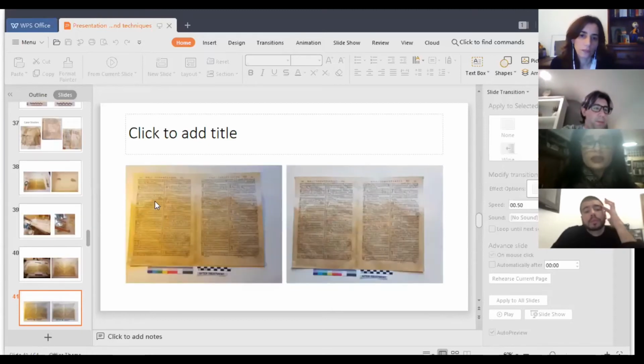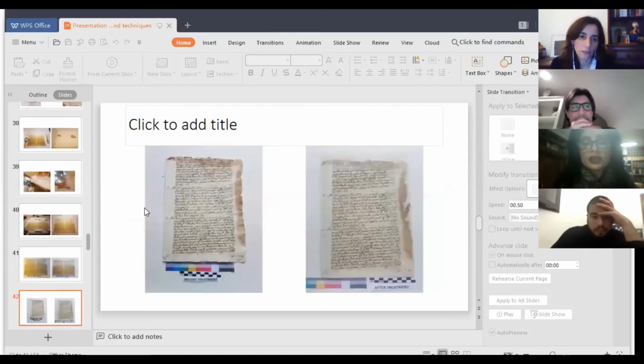Now, there are certain stains, for example, the oil and water stains from here, that just do not go, but they do become better after thorough cleaning and disinfection with the deacidification liquid. But there are certain stains which are just difficult to remove. These are oil stains that were on the document.